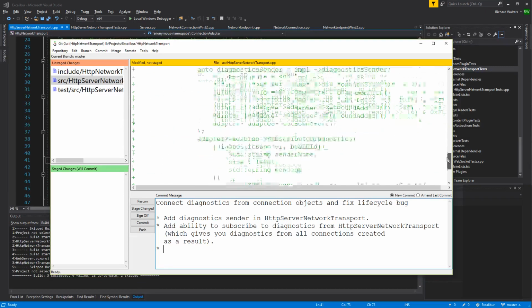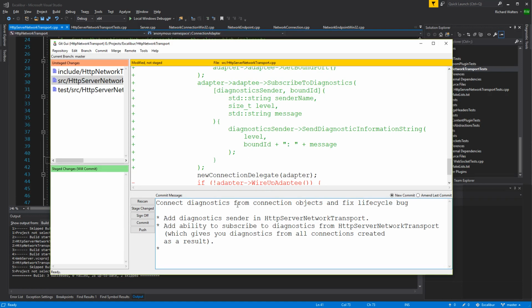So I added the subscription model. Forward all diagnostics from connections created by one of these dudes.